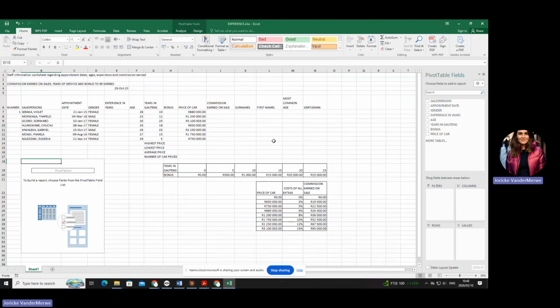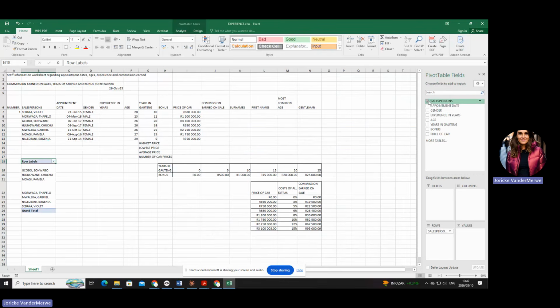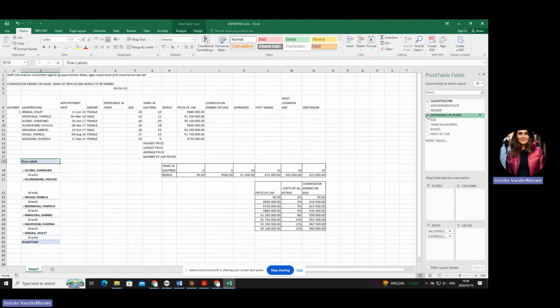Are you with me? Now it's the same with this. Forget about the other words. You are looking for the salesperson. Can you see that word there on your question paper? So you're going to click it. What is the next word there? Experience in years. Can you see you're going to select that?